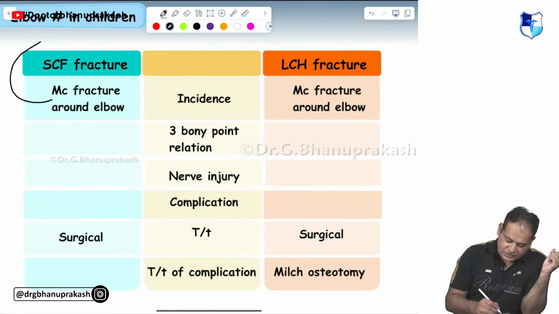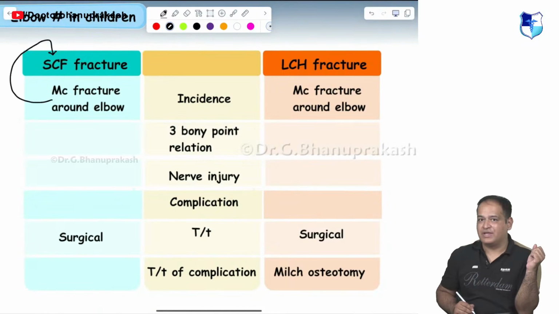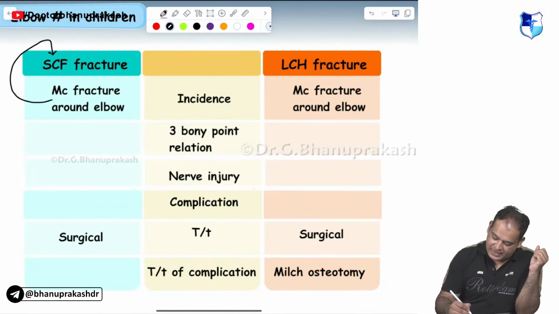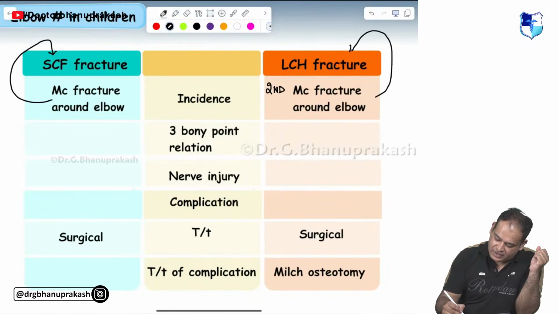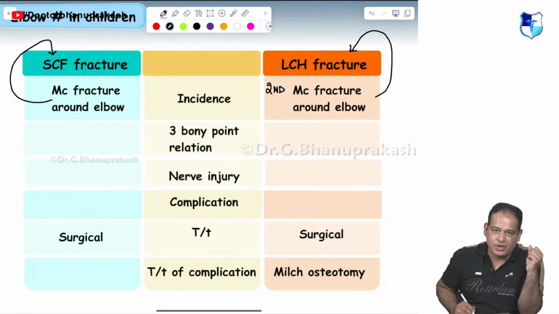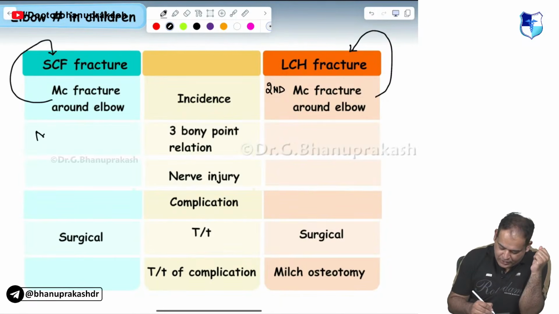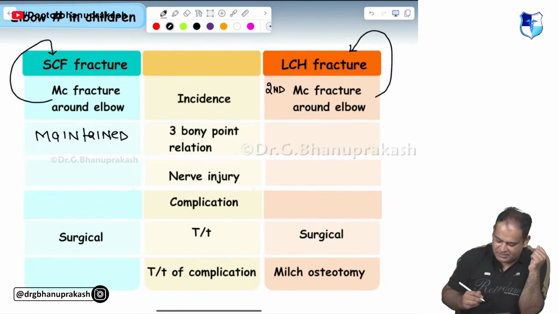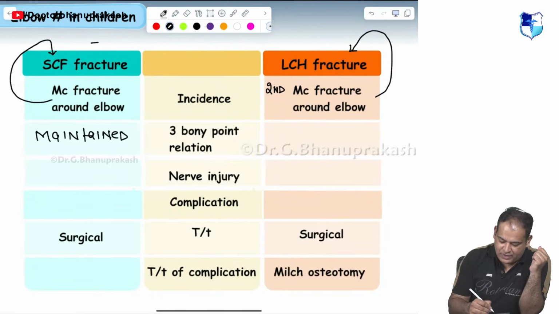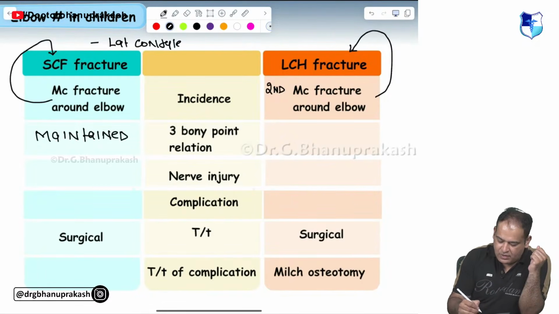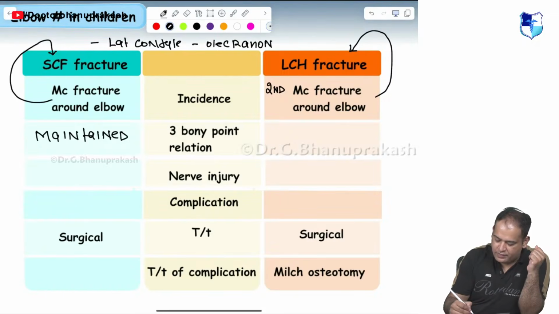Most common fracture is supracondylar fracture of humerus. Second most common is lateral condyle fracture of humerus. In it, the 3 bony point relation is maintained. What are the 3 bony points? Lateral condyle, olecranon, and medial